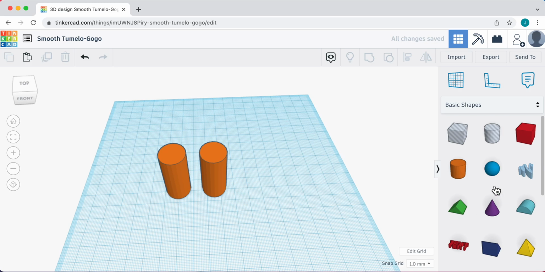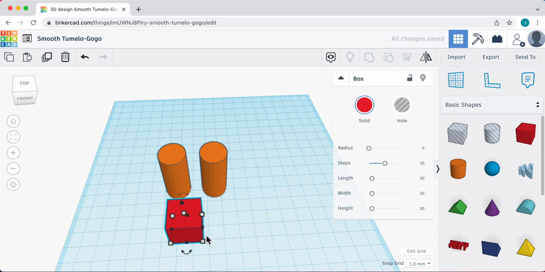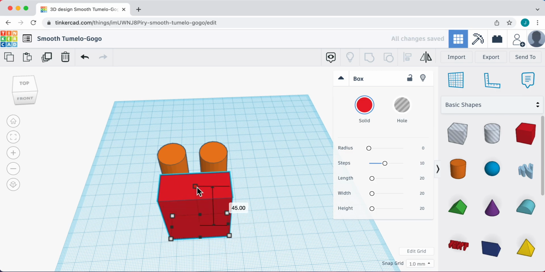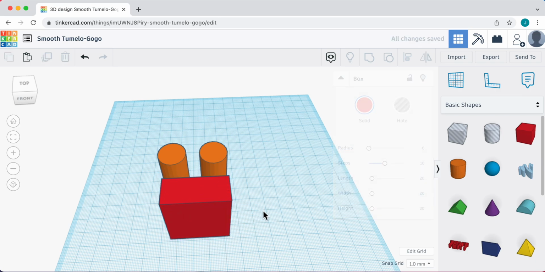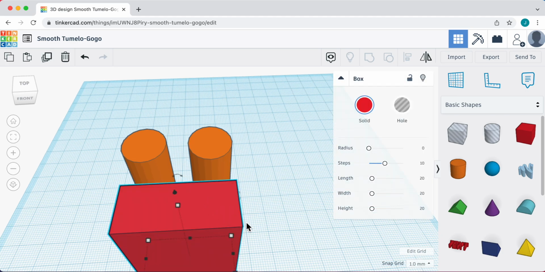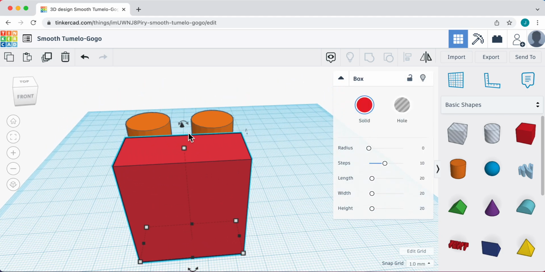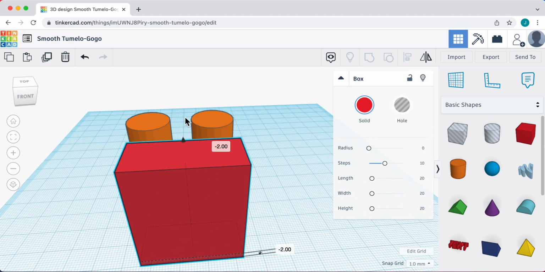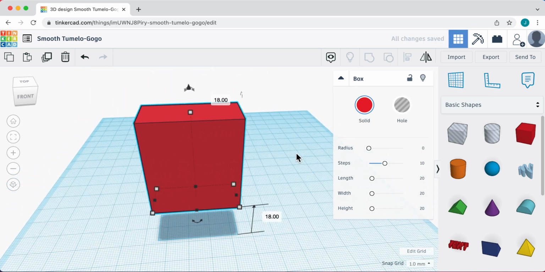Now I'm going to do the torso. So for this, I'm going to bring in a box, and I guess this looks a little bit like SpongeBob, but now you can see I have to raise it up. So this cone right here, you can see it's kind of hard to see, but it is different than the grips. This cone is to go up and down. So I'm going to try to raise it up,